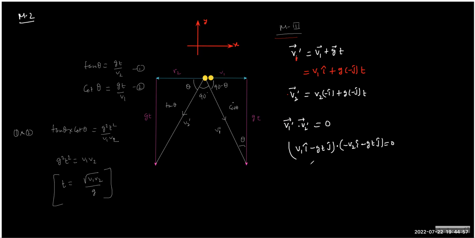Now we know the formula. I will go with I and J with J. So V1 V2, I cap dot I cap is 1. So we are done. And next term is G square T square, J dot J again 1. So we are done. So we got T equals to